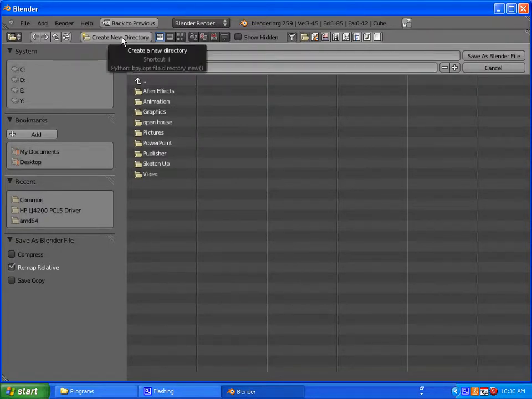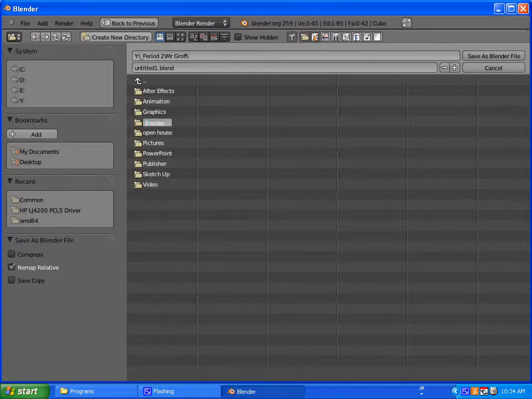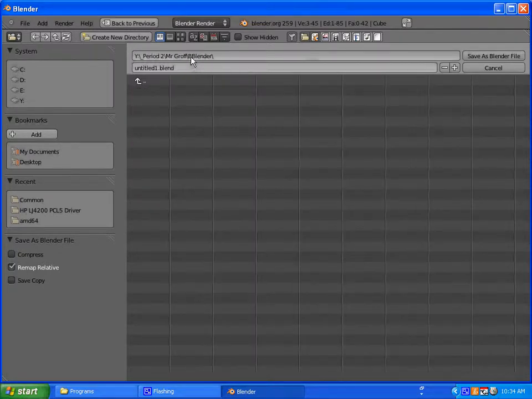Create new directory. Okay, and I'll name it Blender since I don't have a Blender folder. If you don't have one, you can do the same thing. Up here is where it'll save it. So it's saving on the 506 period 2 Mr. Groff, and then I need to open the Blender folder. And then for the file name,